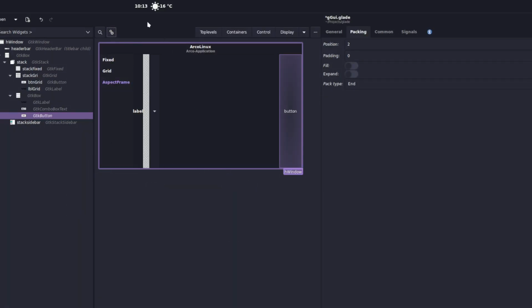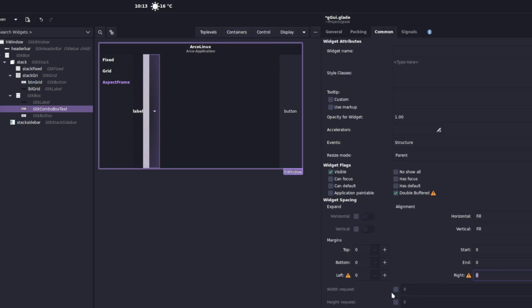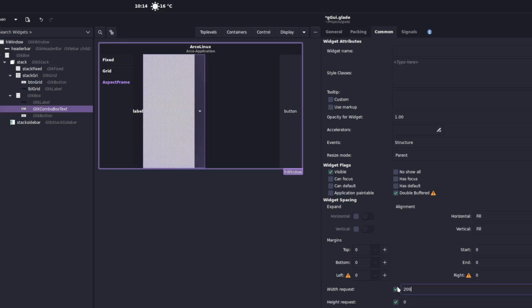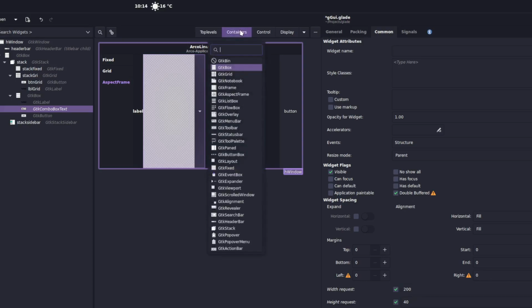Okay. I want a 200, but I only want a 40. It takes up the whole screen. And that's the difference between, this is still what I'm trying to work out, is how to use these containers